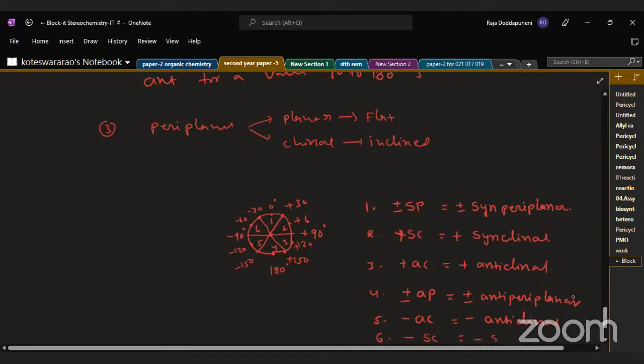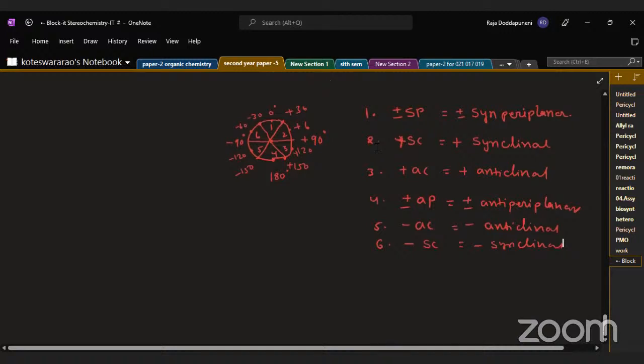Minus synclinal. These are the 6 parts. Based on the 6 parts, we can give the conformational structural names. Okay, then